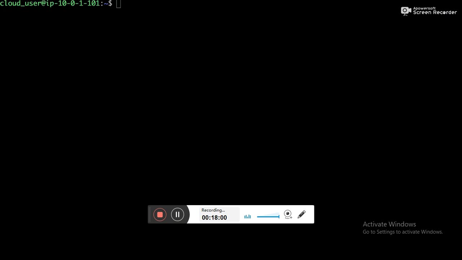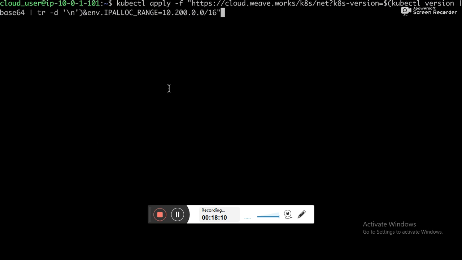So now I'm logged into my controller, and installing WeaveNet is actually pretty easy. I'm just going to paste in this command so that you don't have to watch me type out this URL. But I'm just going to do a kubectl apply -f. And Weaveworks, which is the group that makes WeaveNet, they provide this service that generates configurations we can use to